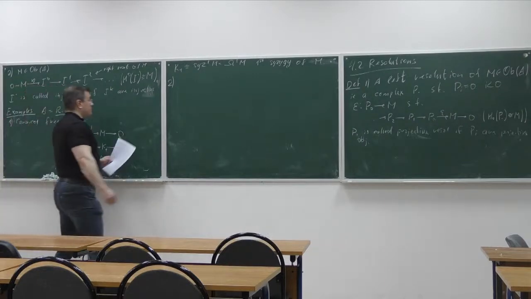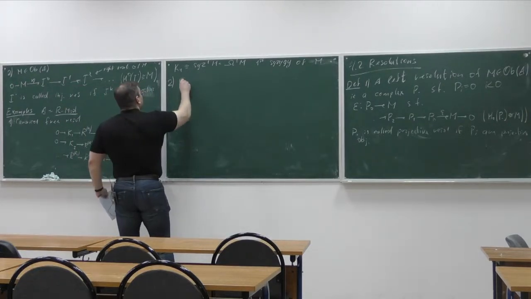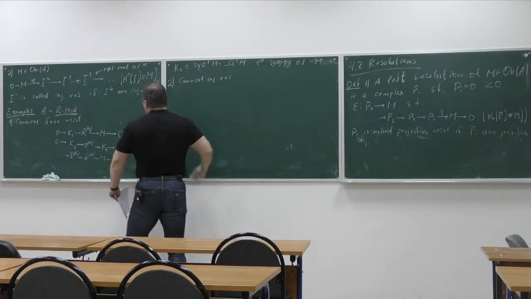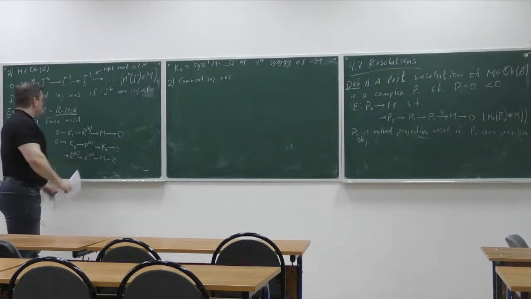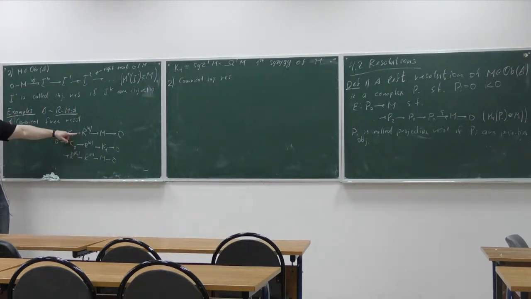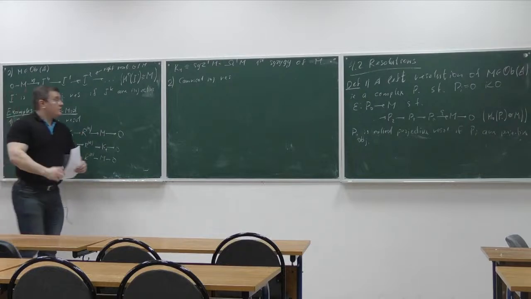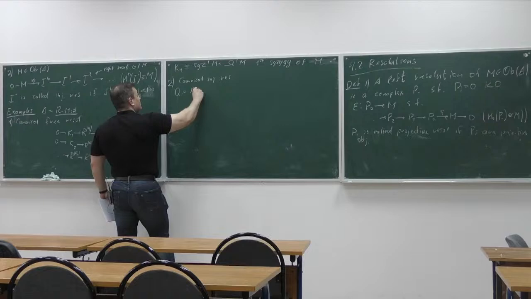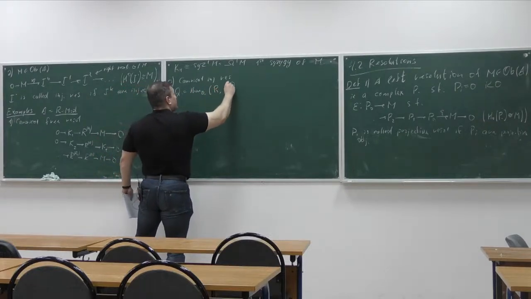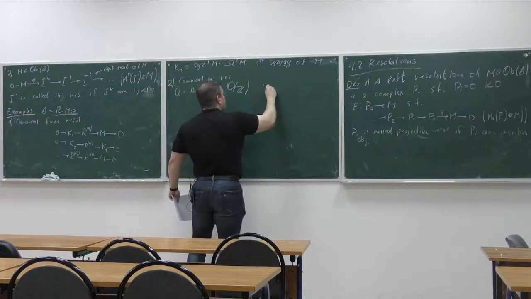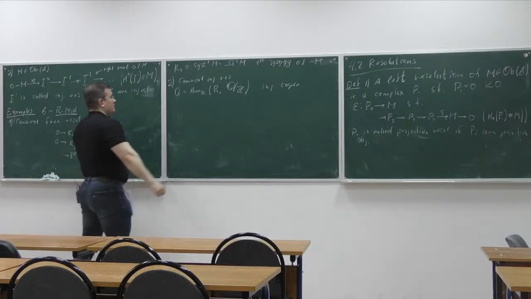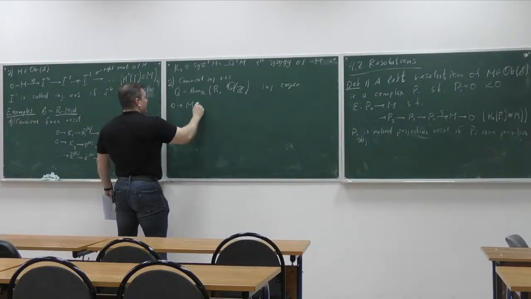Okay, so this is the first example, and the second example is the canonical injective resolution. It's more or less the same idea. Here I was using that I can cover any module by a free module. We know that Q, which is by definition the Hom over Z of R and Q modulo Z, is an injective cogenerator in the category of R modules, which means that if I start with any module M, I can embed